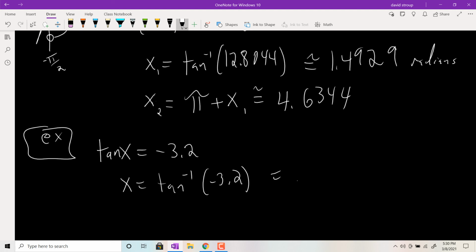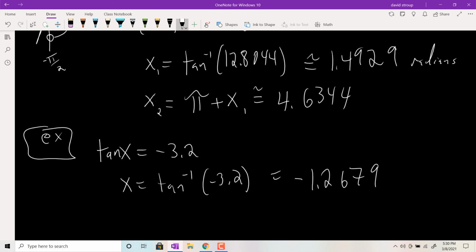It's negative. It's not very happy about this. Negative 72 point... I think I'm in degrees. Yeah, I am. I need to get the radians. Sorry, I was going to say that's ridiculous. Something is wrong. Negative